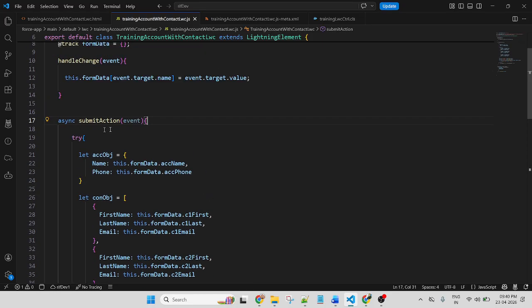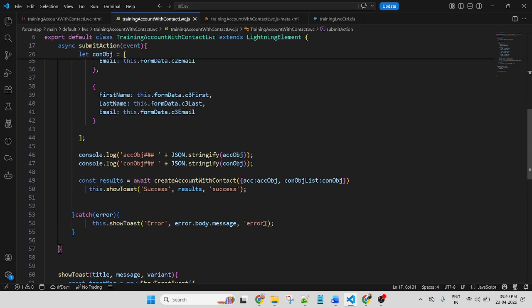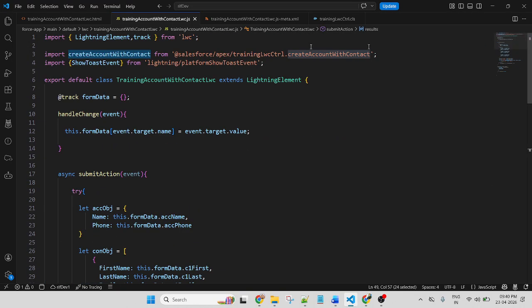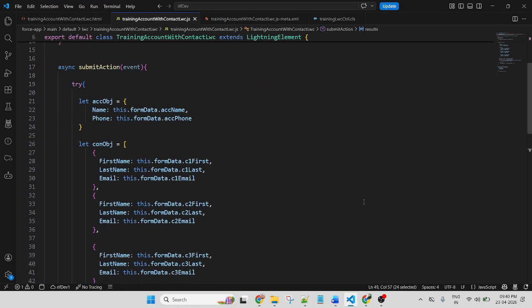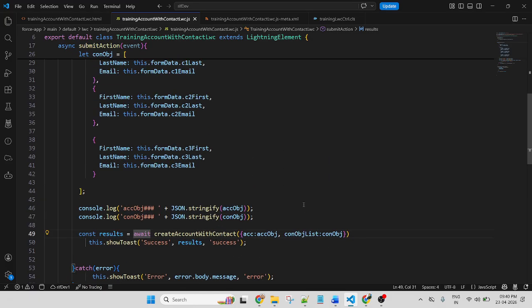If you are using async, before creating a method, apply async, and before calling the method, this is a method that I am importing here, put await. Await means it will wait until all of the records are created successfully.